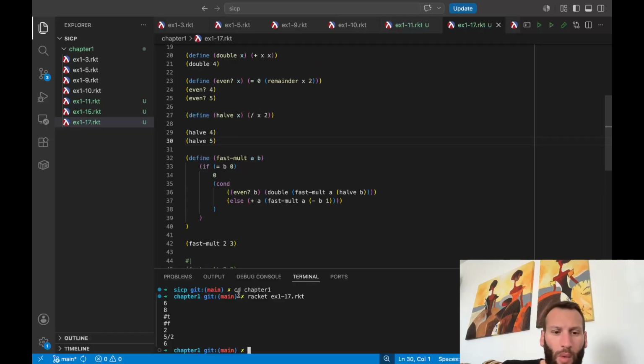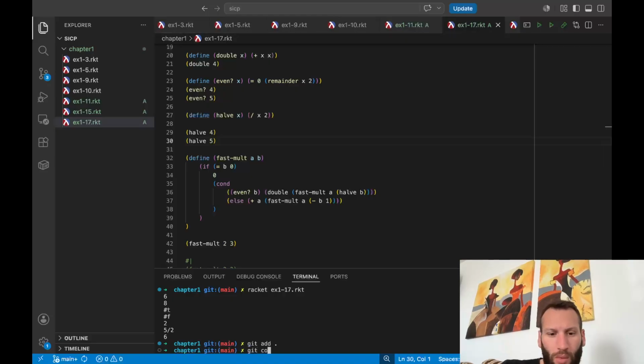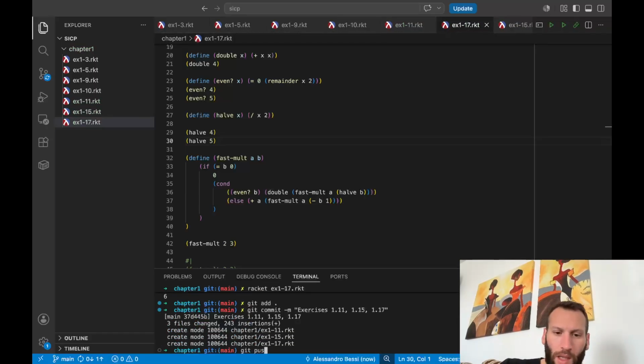I do it now. I commit and push to my GitHub. So exercises 1.11, 1.15, 1.17. Git push,